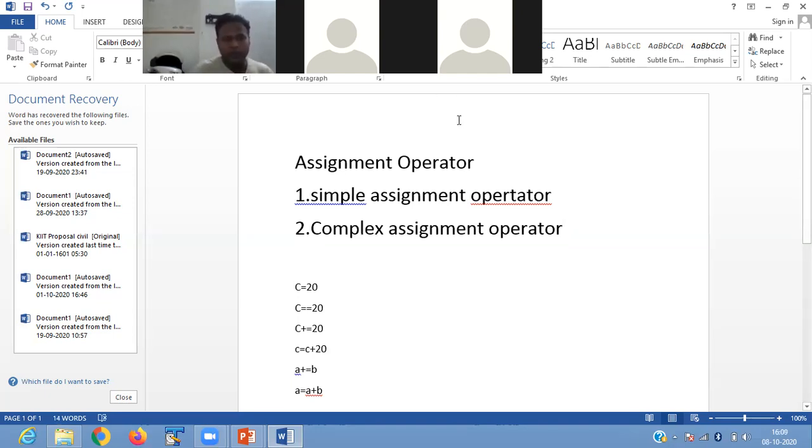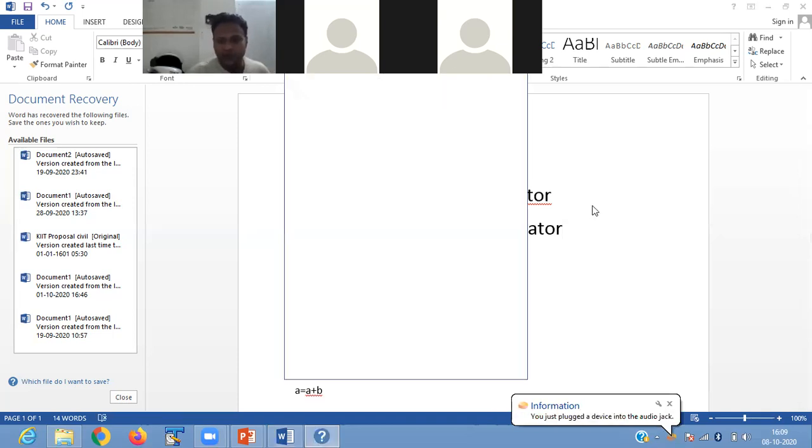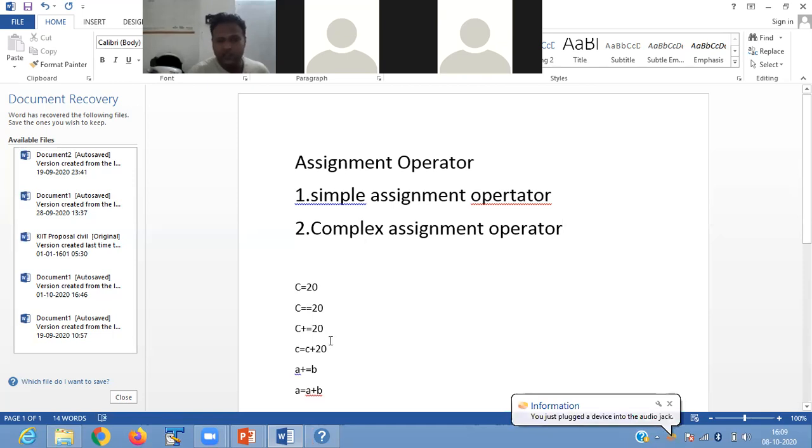So here we are using two types of operator. Simple assignment operator means C equals to 20, and for the complex assignment operator we are using C plus equals to 20.